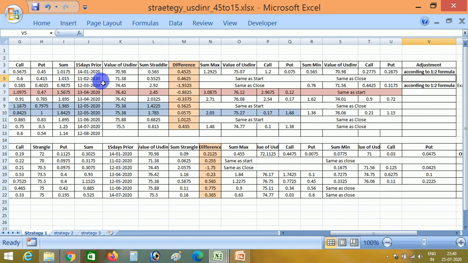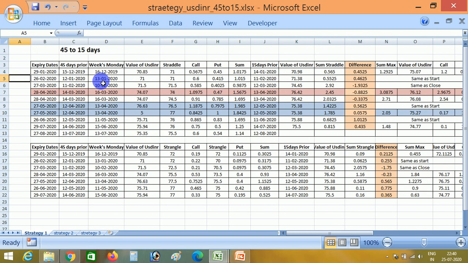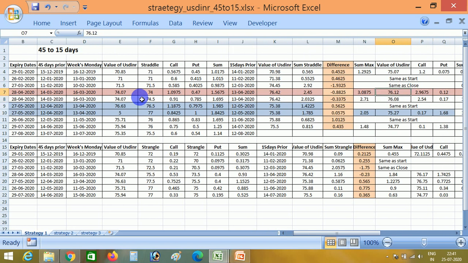So I hope you understand from the data what we are trying to explain here. In the months of March and April, since the USD INR is trading one directional to the bull side from 72 to 77, we have seen a massive drop down in the strategy, because the strategy is a range bound strategy.